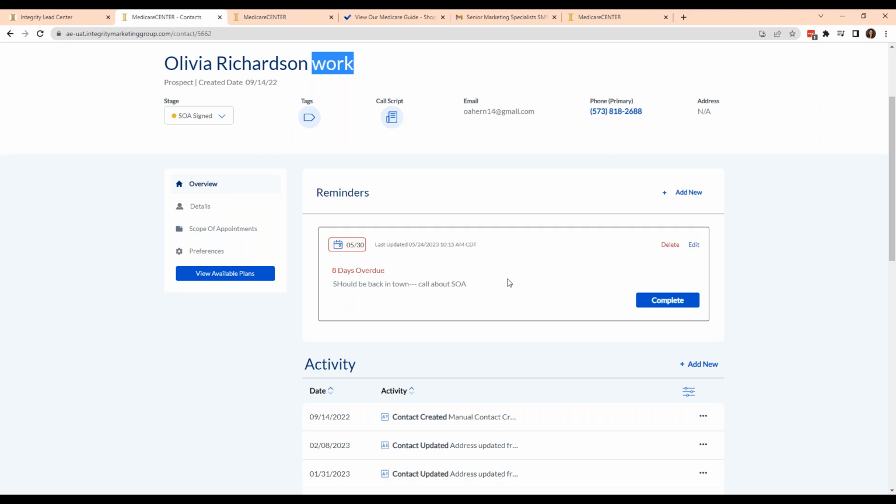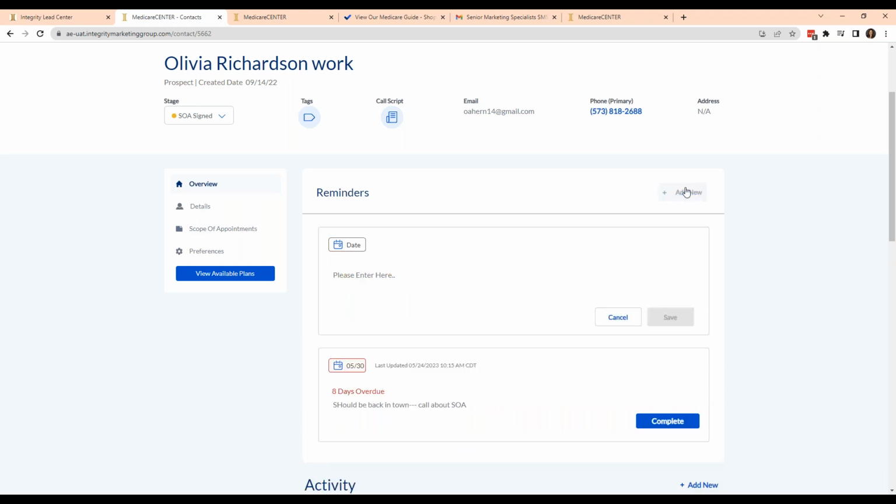So one more thing I'm going to show you on the CRM platform, it does have this handy dandy reminders tool. So let's just say you have a new client in here and you're like, hey, maybe I couldn't sell them something now, but I collected a permission to contact form and I want to make sure that I give them a call October 1st to set up our AEP appointment. And I can do that because I have a permission to contact form. Just come over here, click add new, set your date. So I want to set this for October 1st and just call them,